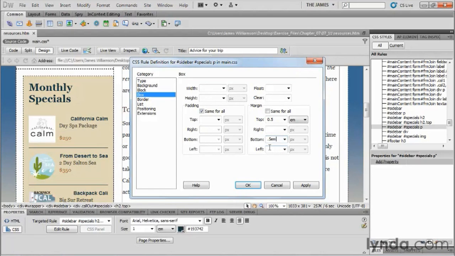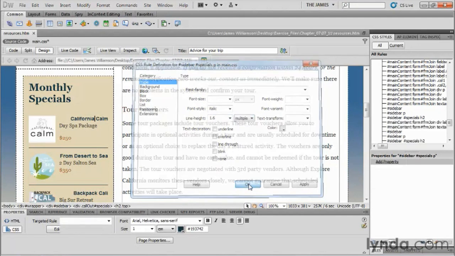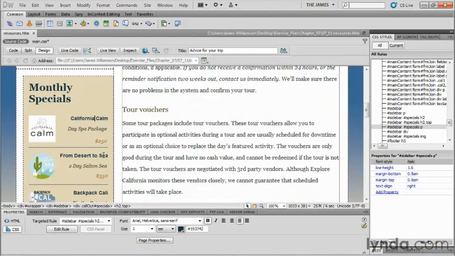So I could type in 0, or I could just kind of leave them alone like I'm doing. One more thing. Let's go back to our type category, and let's set a line height for that. I'm going to set the line height at 1.6. That's going to control the amount of space between one paragraph and the next. Remember, for line height, we're going to be using multiples. So now when I click OK, I get the spacing I want between those guys, and I get the alignment